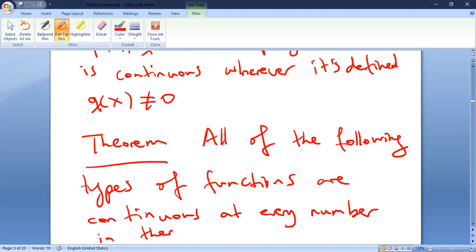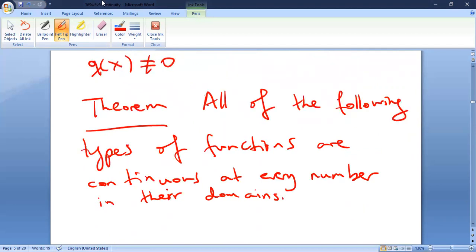Now remember the domain business, we were talking about domain. So as you see, domain is kind of important to know. Once you know the domain of a function, you can talk about continuity of such a function, because